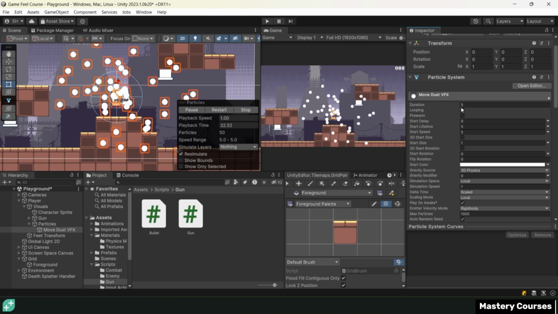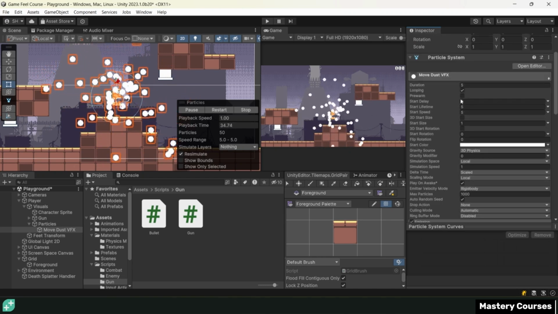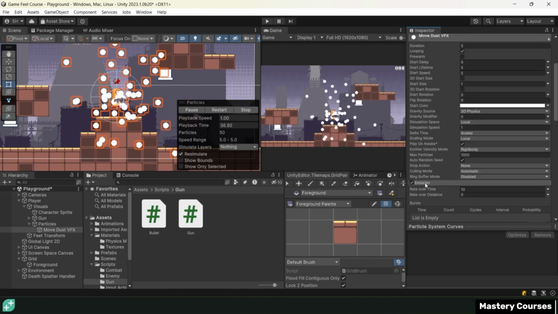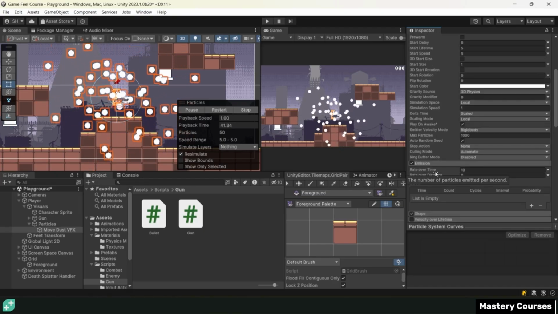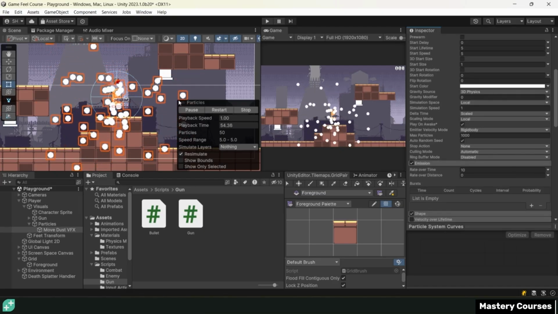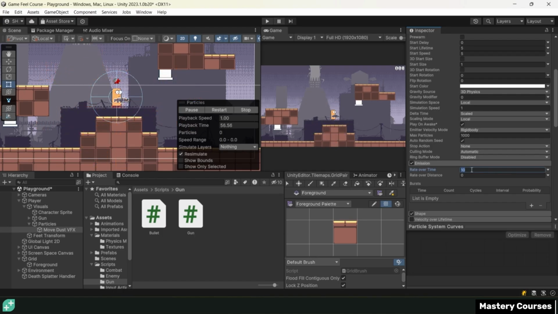So this one, the duration and the looping is actually not important. The thing we can actually go immediately to for explanation purposes is we're going to change our emission not to rate over time, but rate over distance. And I'll show you what I mean by that. So if we actually change this rate over time to 0 and something like our rate over distance to 3,